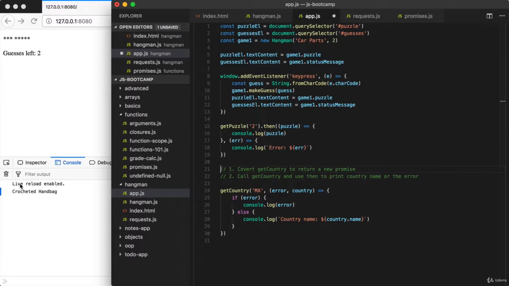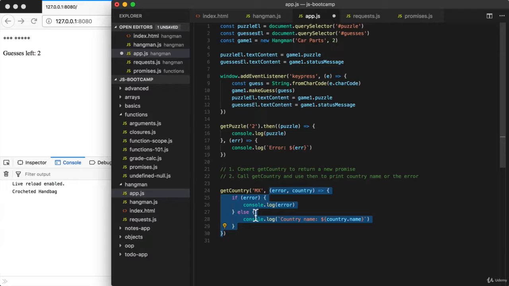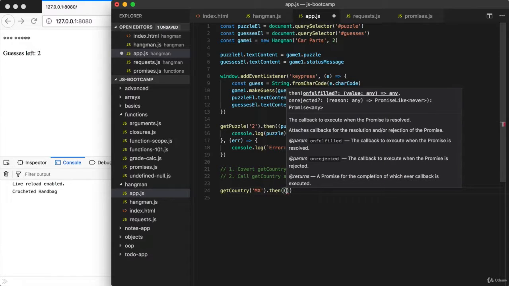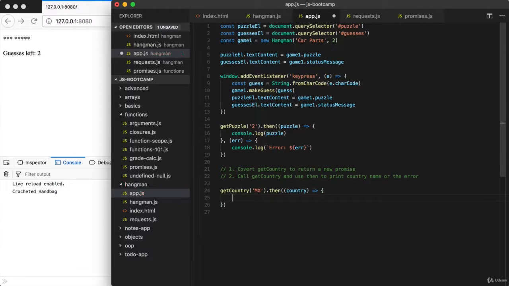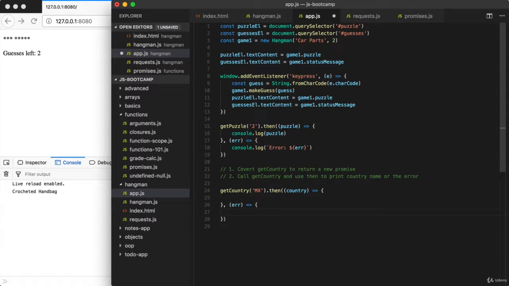Currently, we're getting no output because we are expecting the second argument to be called. The second argument over here isn't even named, let alone called, so we have to switch up our code. Right here, let's go ahead and remove everything we have so far and add then on. Inside of then, we're going to pass in our two functions. The first one is when we get access to the good data, that would be the country. The second one is when we get access to the error. And for the error, we can do exactly what we did up above, console.log, a template string, error, followed by